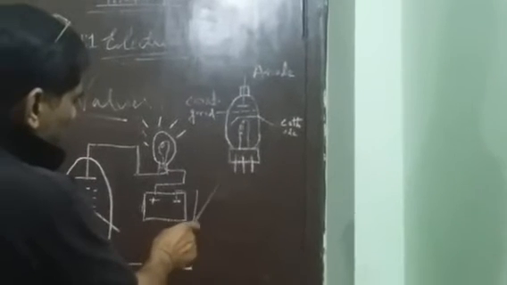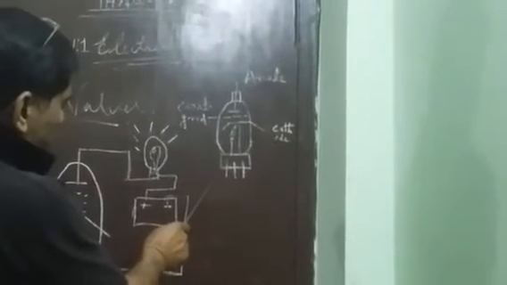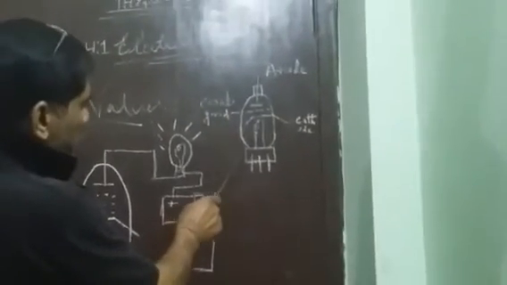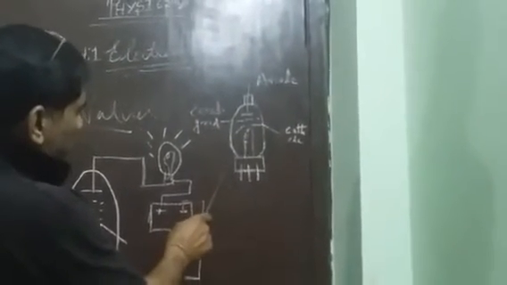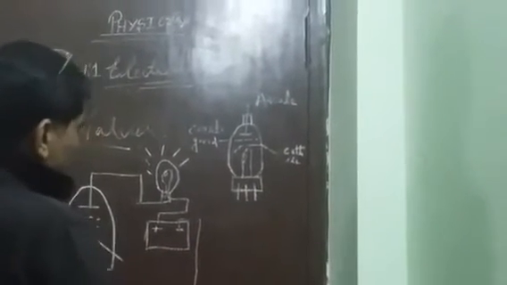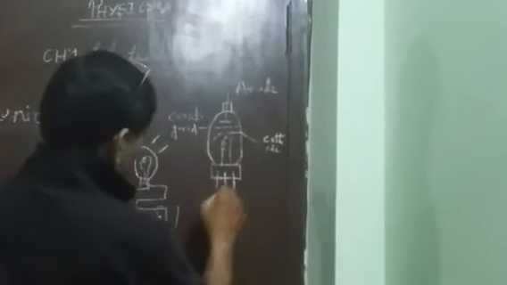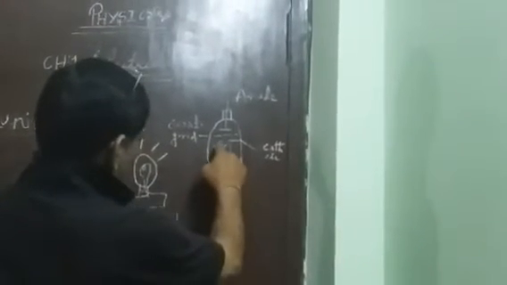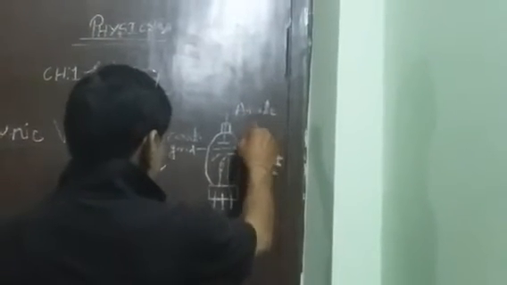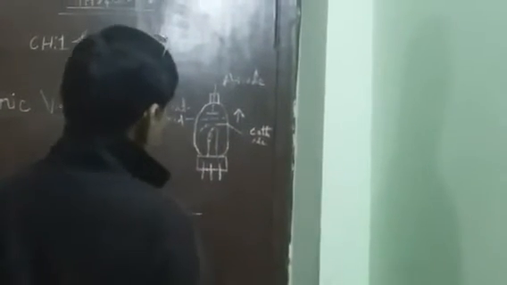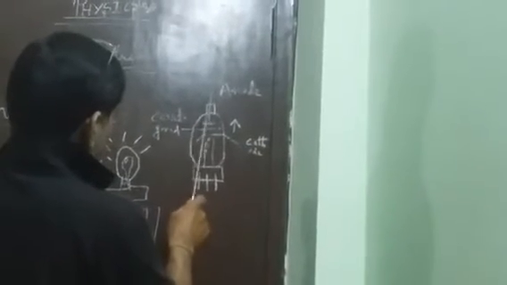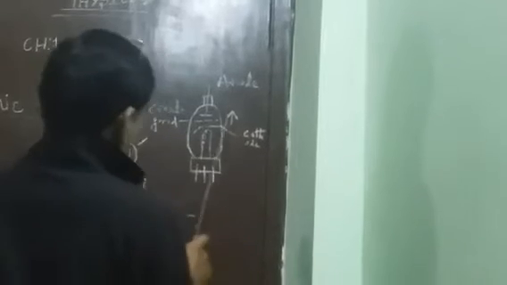When we apply a voltage to the filament, it gets red hot. Then the cathode plate, after getting heat, emits some electrons. Though the electrons are negatively charged particles, they flow from cathode to anode. The flow will be from cathode to anode, and a current flows in the anode, and we can take a load from this.